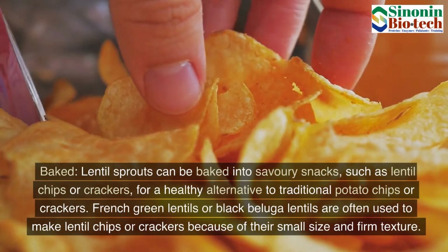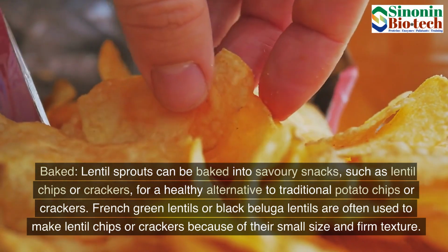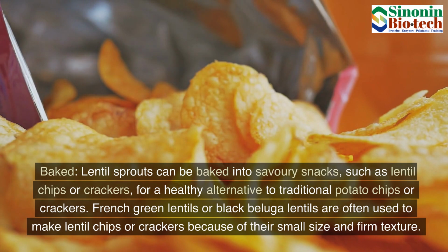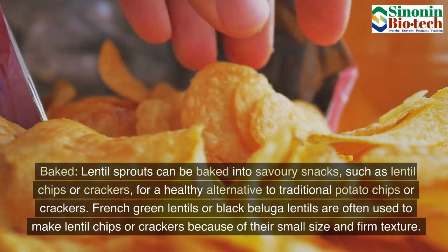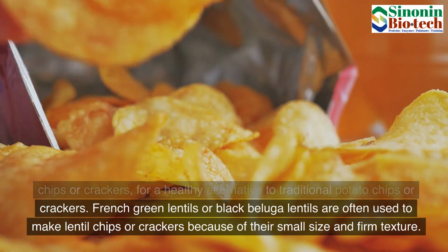Baked: lentil sprouts can be baked into savory snacks, such as lentil chips or crackers, for a healthy alternative to traditional potato chips or crackers. French green lentils or black beluga lentils are often used to make lentil chips or crackers because of their small